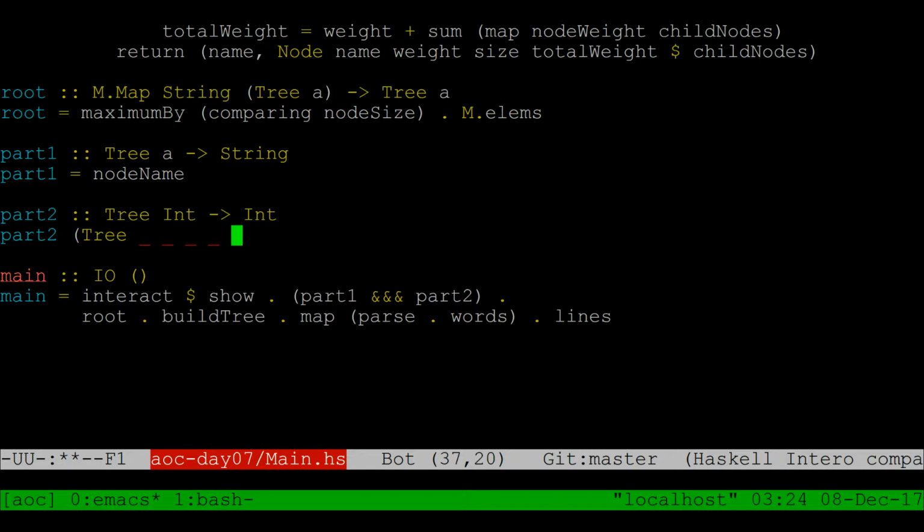And nodes, I guess, is let weights equal map node weight over nodes. And we'll sort this as well, I guess. I guess that's in Data.List, huh? Sort composed with